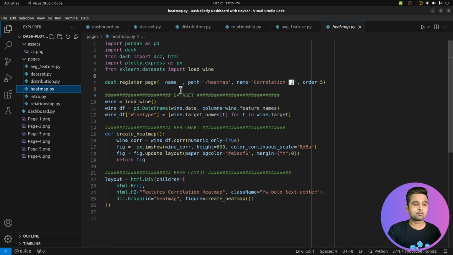Alright, so the code for our sixth and last page is kept in this file named heatmap.py in the pages folder. At the beginning, as you can see, again we have a few imports. Then I'm registering this page with dash.register_page, at the path /heatmap. Then the name and order are given. Again I am loading the wine.df data frame, our data set, and then I have declared a function named create